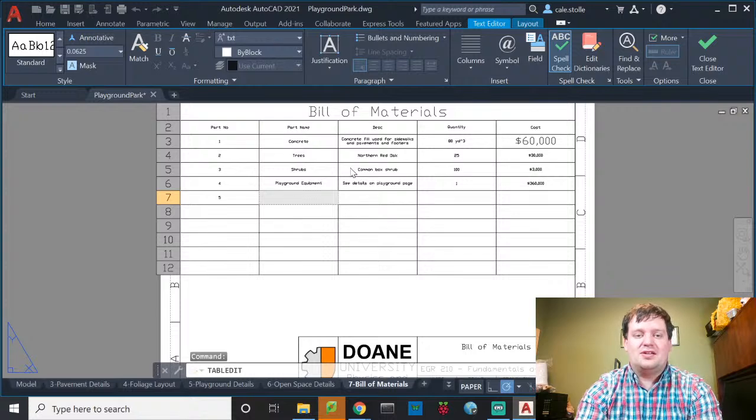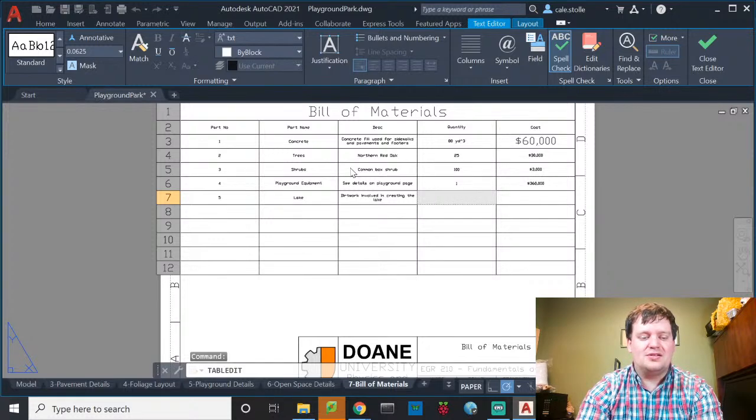Lake. This is dirt work involved in creating a lake. My lake's about 2 acres. So we have 1 lake, but it would cost about $100,000. Okay. Here I have structures, buildings